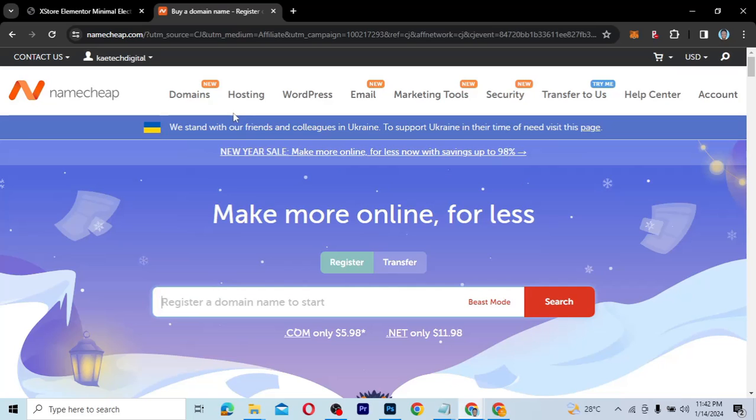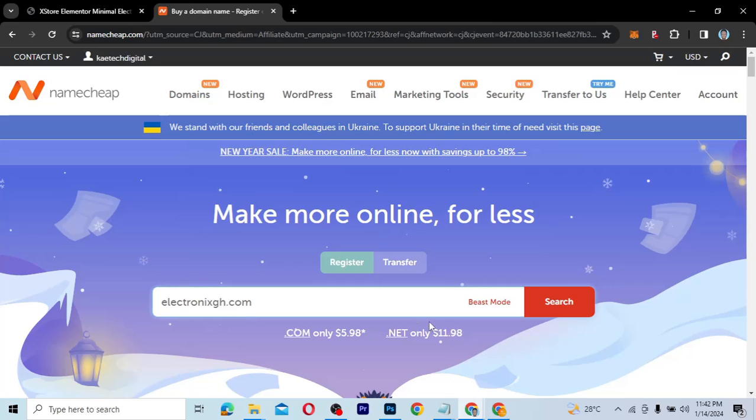So you're going to be redirected to this particular page over here, and then as you can see, you can search for every domain that you are looking for. Any domain that you want, just go ahead and search for it, get your hosting, and then you can start working on your website. So you can just type in your domain name and search for it. So let's say I want to go for maybe